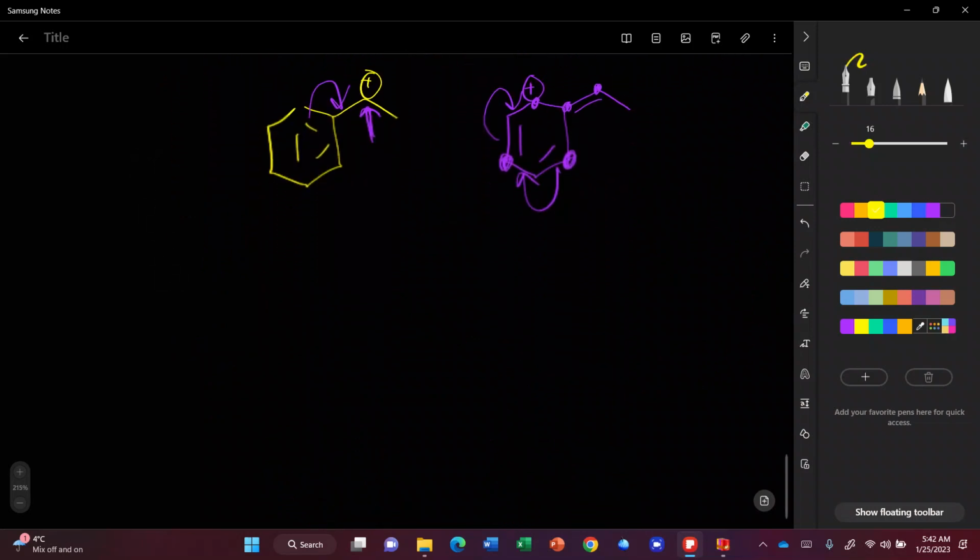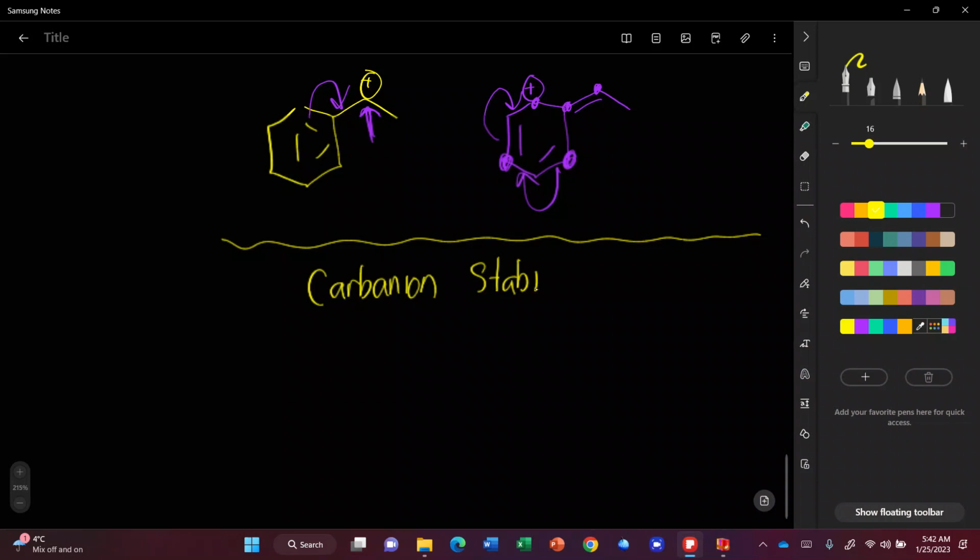And you guys could probably guess this if you didn't already know it, but carbanion stability is going to almost be exactly the opposite. So it turns out that resonance is really good, and resonance will stabilize any charge, not just positive charges. So for carbanions as well, resonance-stabilized carbanions are going to be more stable than methyl, which is going to be slightly more stable than primary, which is